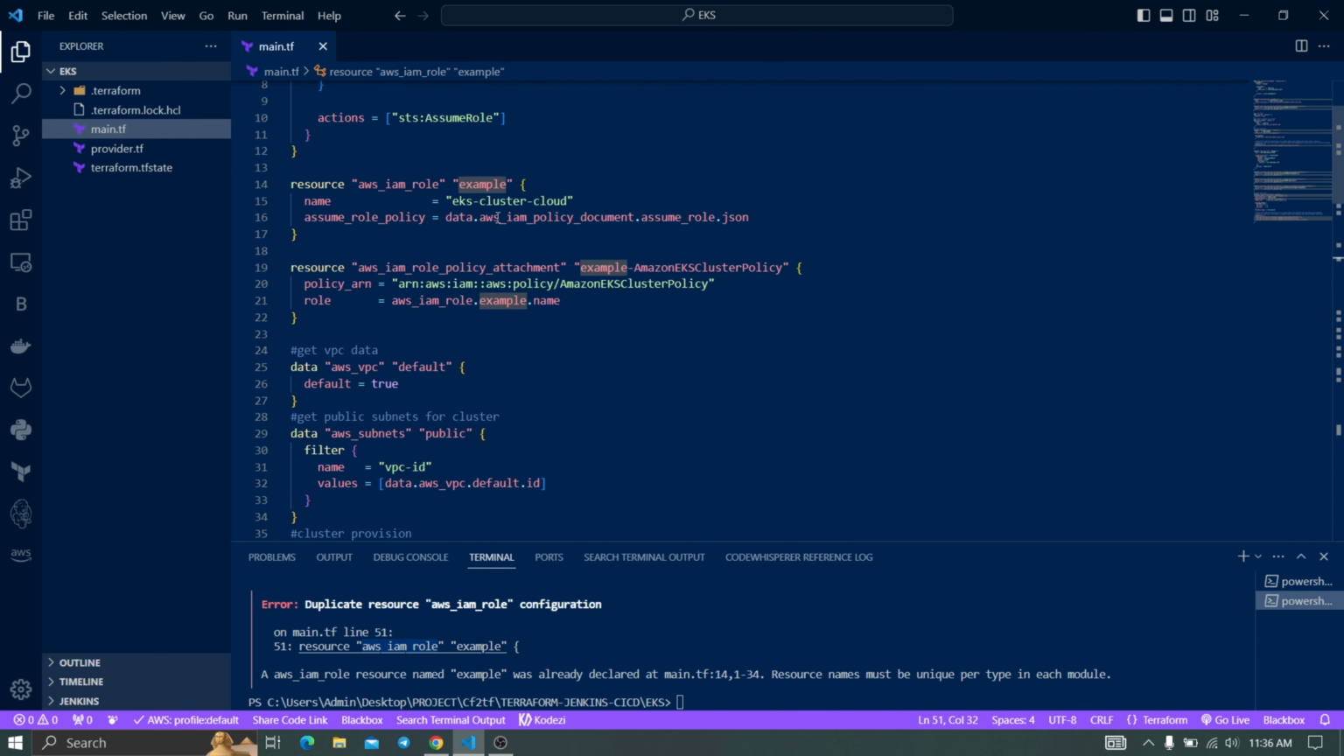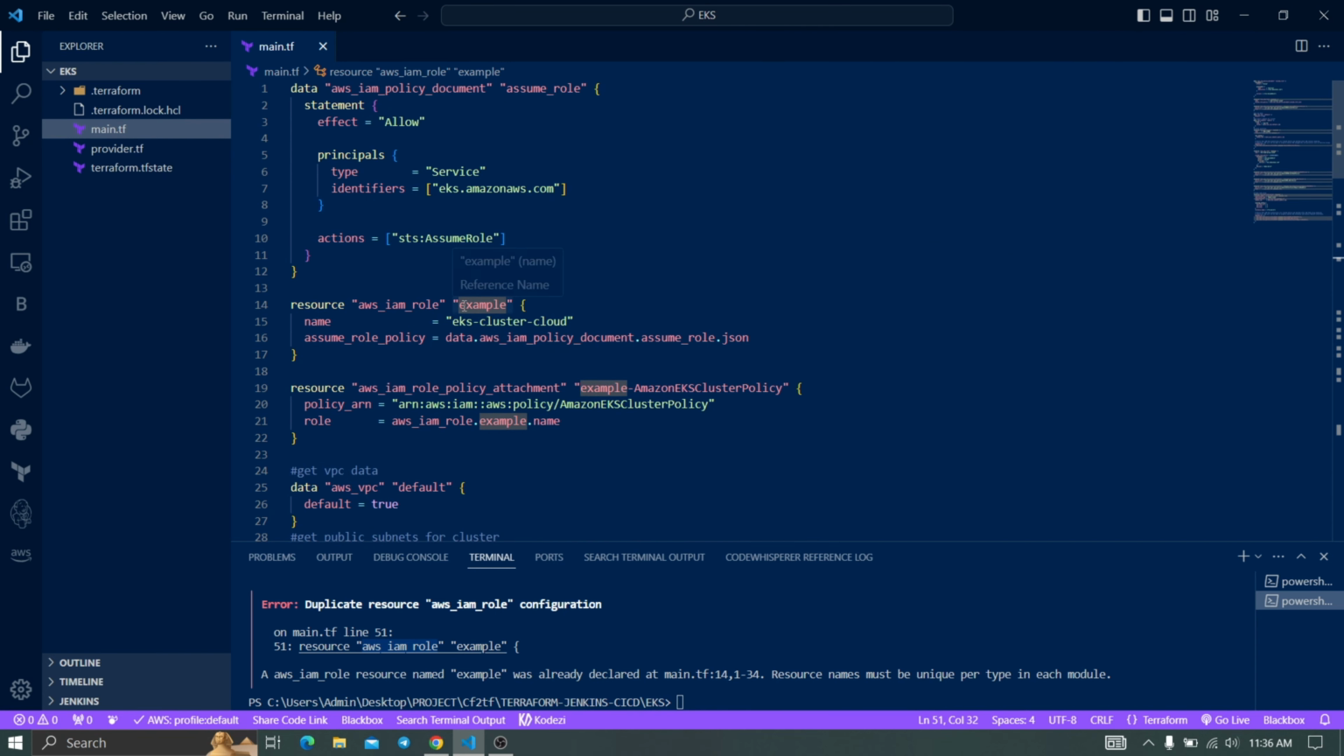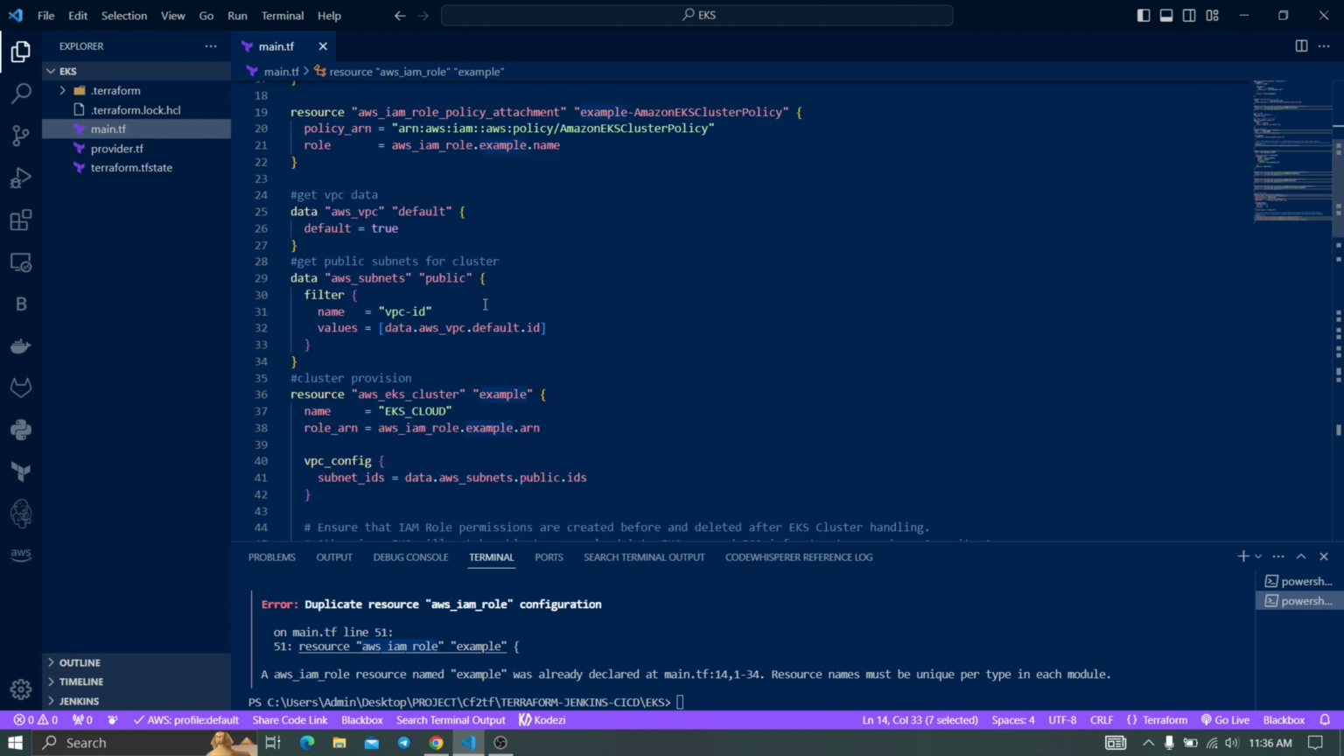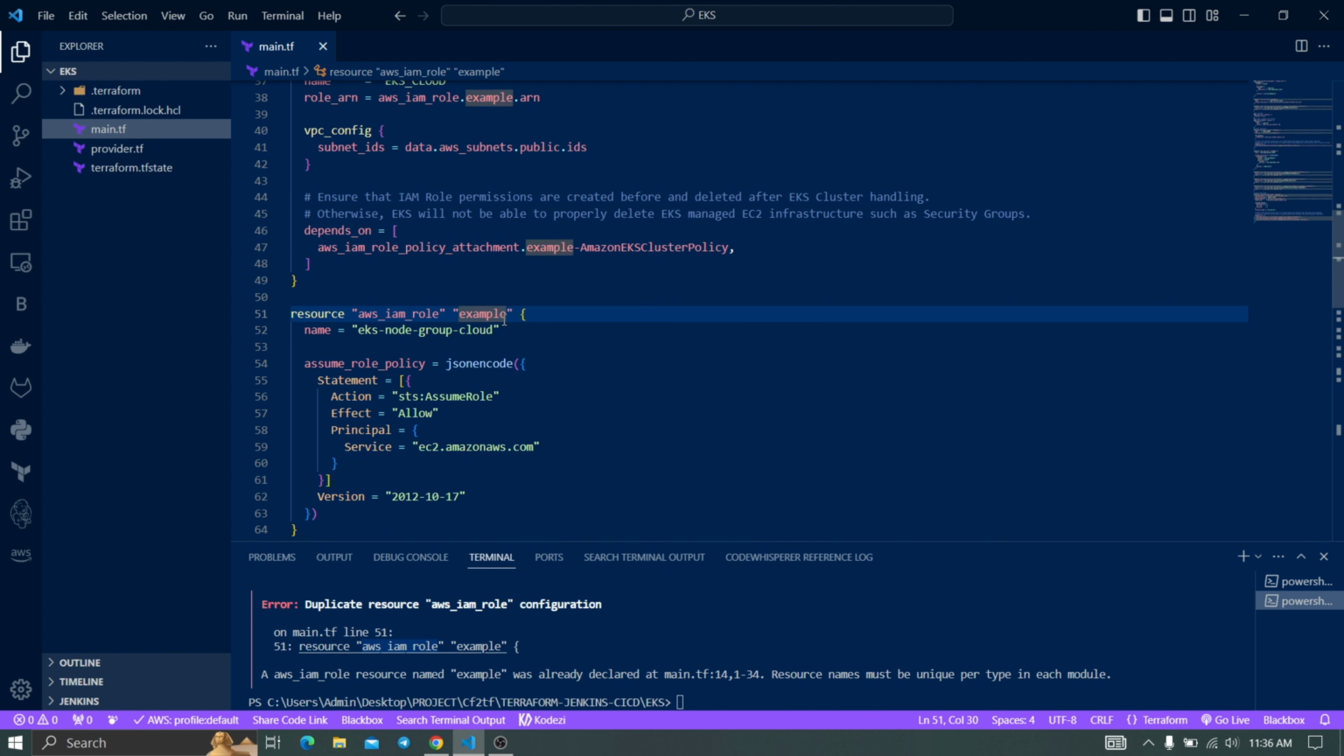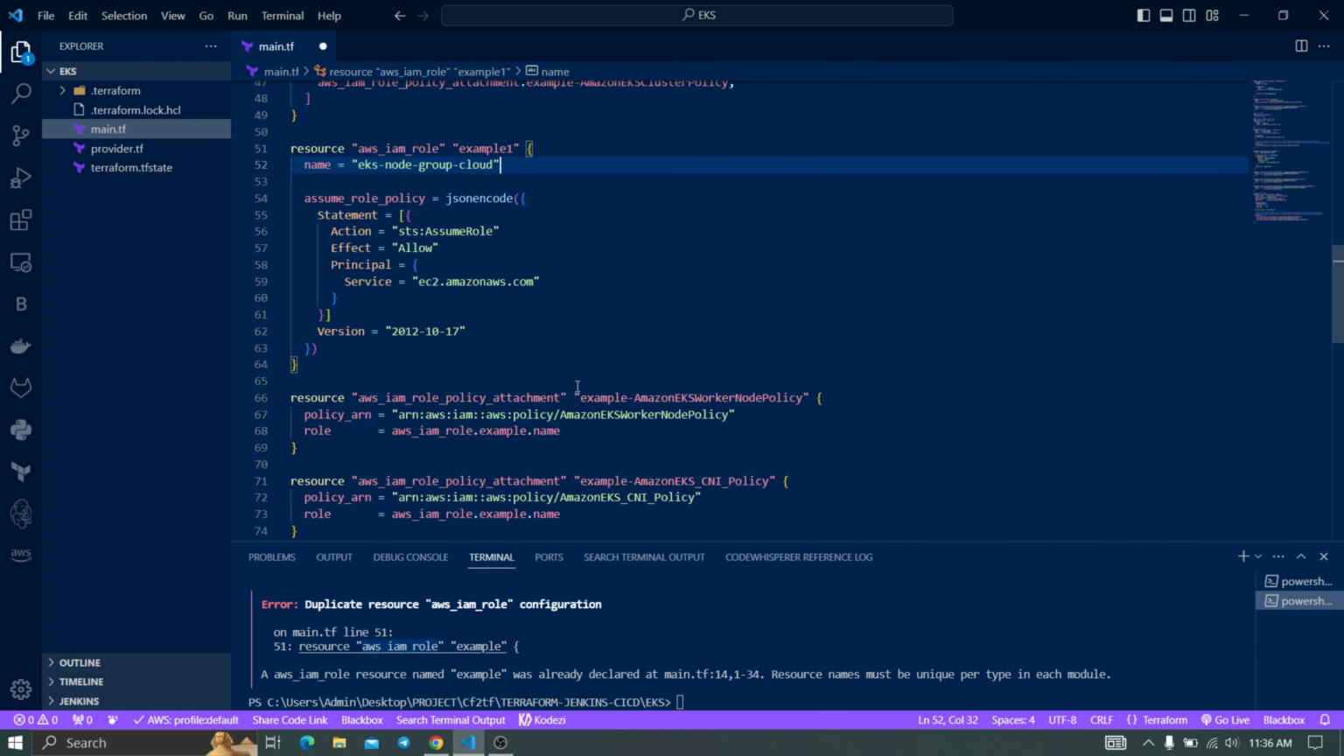I think we provided a name here, and you can see we are using the name for the IAM role for our cluster, but the node group is also using the same name. That's why we are getting the error. So let's make it 1, and you have to use the 1 here also. Okay, role example 1